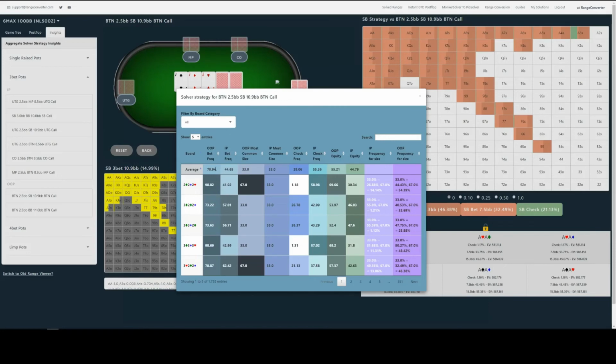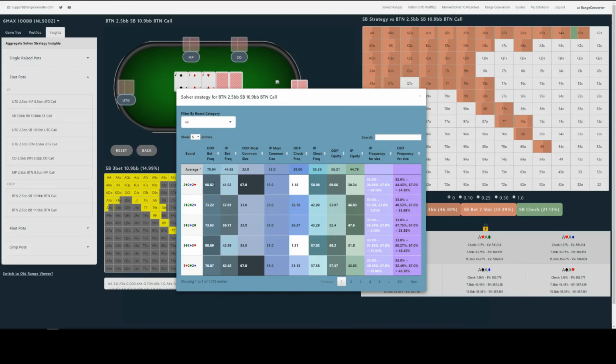So looking at 222 specifically here, if the value for a statistic is higher than the average, it's coloured a more dark shade than the average, and if it's lower, it's coloured a more light shade, and it's shaded proportionally according to the distance from the average.